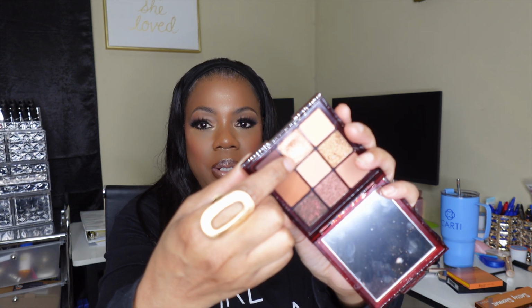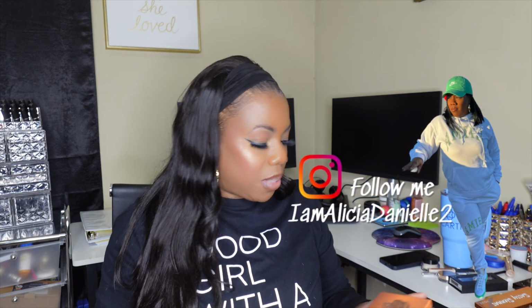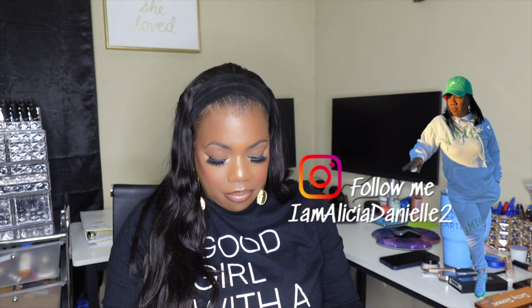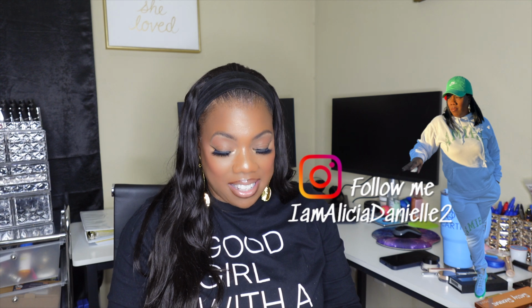I love this palette. This color right here is my favorite one because I like to use this one if I need a little bit of shine or shimmer on my eyelids. This is the one I'm gonna go for. I love that. And then the third one is Juvia's Place, the Rebel Honey palette. This one right here. I haven't used this palette yet. I know y'all like, okay, then how could it be your favorites? The reason why I got it for my favorites is because,